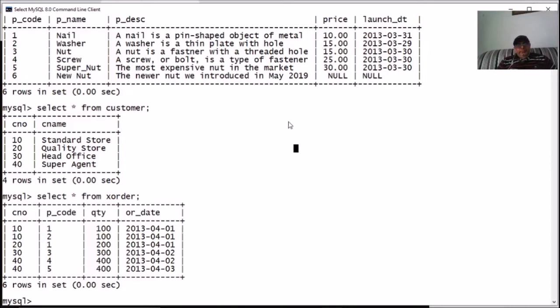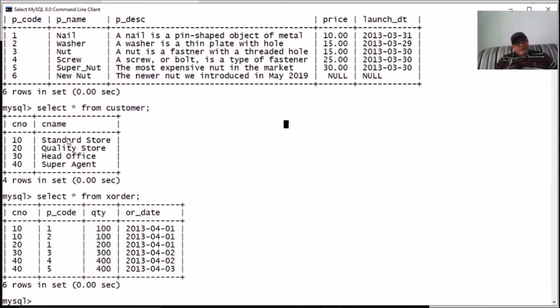Okay, so when tables are related to each other, there are columns which are common in the tables, and in one table the column is referred to as the primary key, while in the other table the common column is referred to as the foreign key.